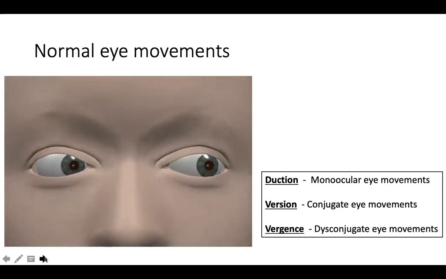And if you want to break this synchrony and have an unusual axis, like looking at the tip of the nose, both your eyes should come inward, by which we break the normal axis of moving in a smooth line. This sort of movement, in which both your eyes work in opposite directions, like moving inwards to look at the tip of the nose, is known as vergence or disconjugate eye movements. So in summary, we have three types of eye movements: monocular eye movements, known as ductions; binocular eye movements, known as versions; and disconjugate binocular eye movements, called vergence.